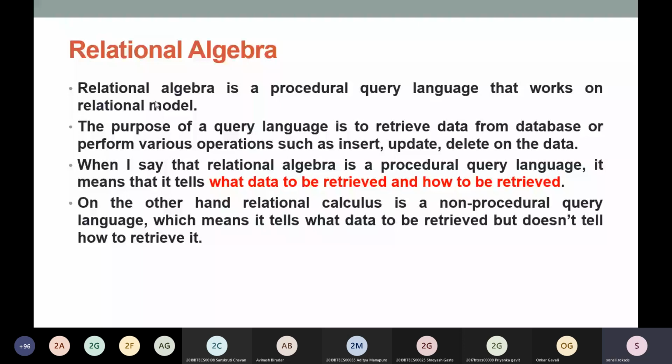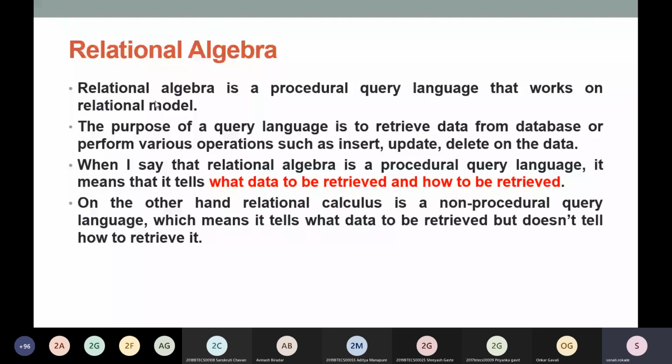When we say relational algebra is a procedural query language, it tells what data is to be retrieved and how it is to be retrieved. Why? Because it is a procedural language. It tells the system to fetch this data from the database via these steps, so the system understands it has to use these steps to retrieve that particular data.